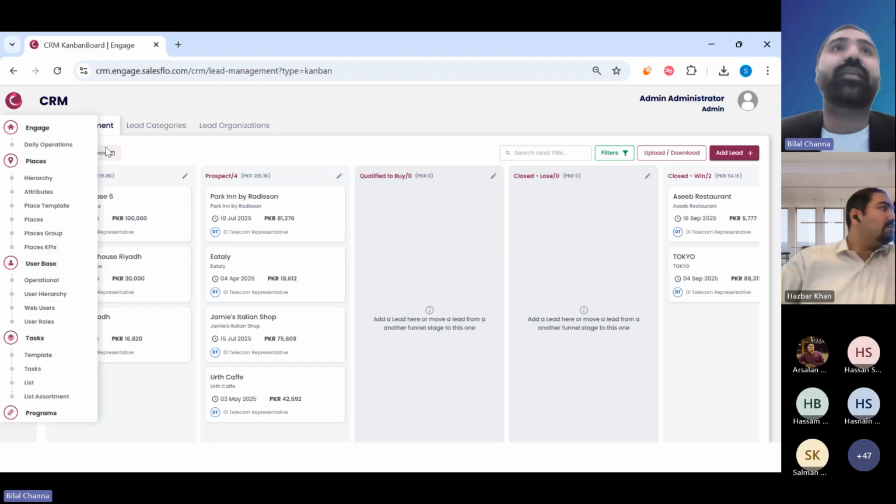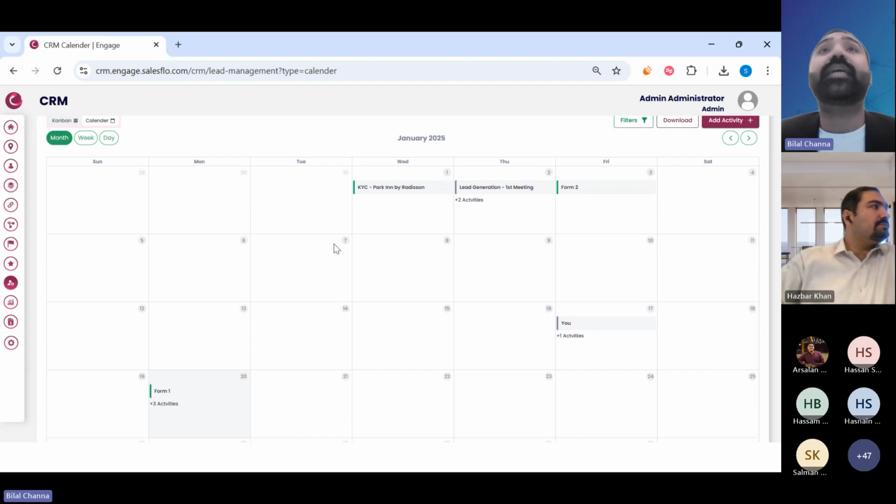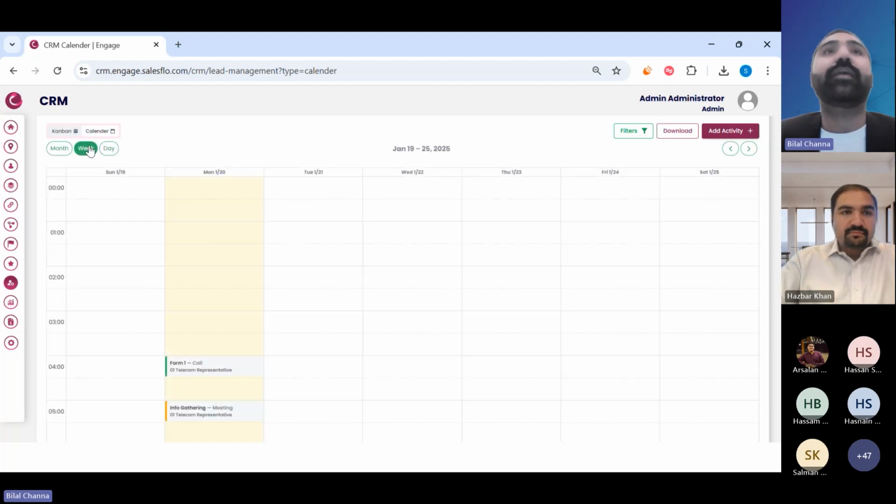It's not just Kanban that we offer. We also offer you a calendar view. So as a supervisor, you can track all your representatives, all your business development executives as they're in the field, and see what their calendars look like. You can see it on a weekly basis and on a daily basis,